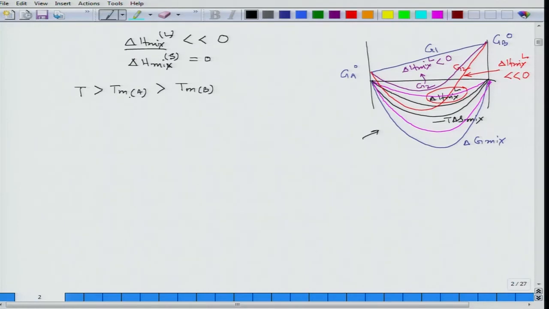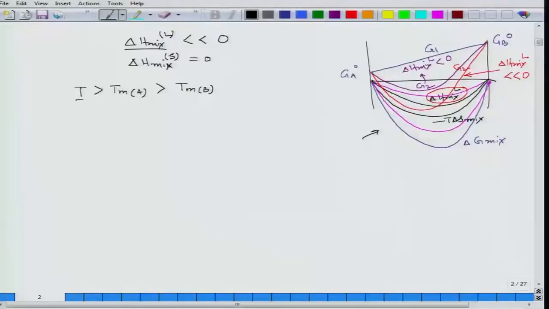That means the melting point of A is higher than the melting point of B, meaning when I cool down from a temperature which is beyond the melting point of A, and as we cool down, the first solid phase that would appear is basically pure A. Now, if the temperature is greater than Tm of A and greater than Tm of B, everything would be liquid for the entire composition range. So, if I try to plot the free energy composition plot, this is my arbitrary